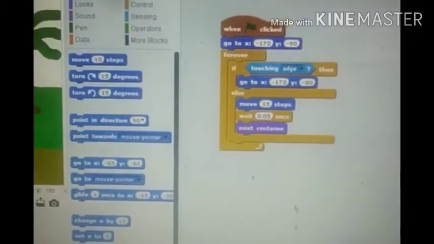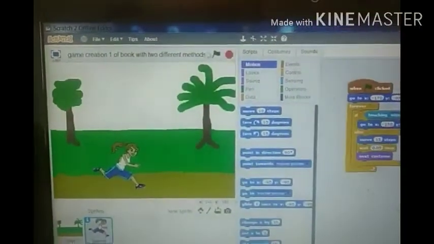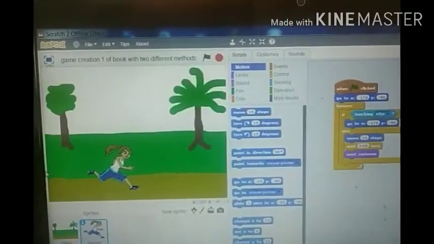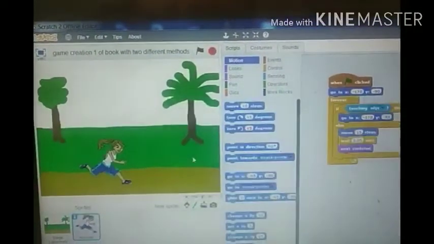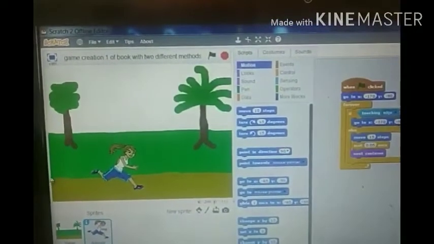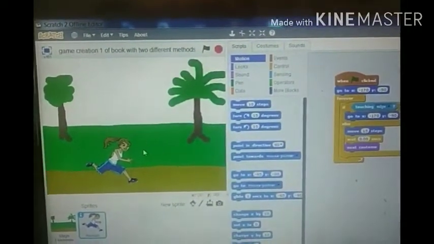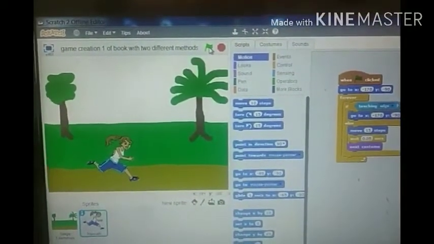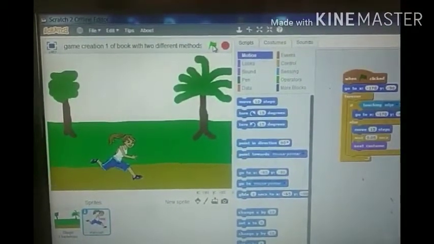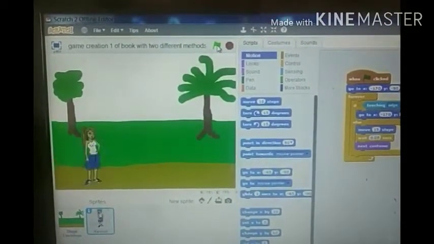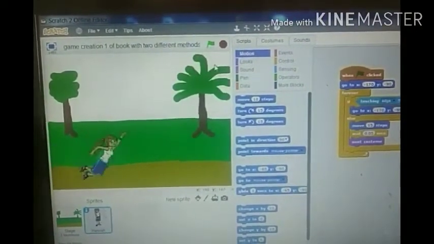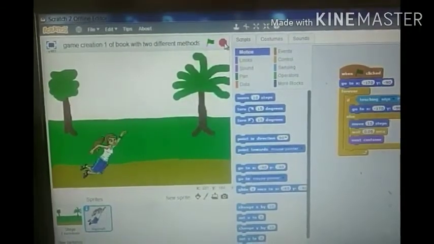In this way, if we run this block of code, when we click on the green flag, it will go running from the starting till the end. When it touches the end, it will again go to the starting and continue the loop. Only when we click on the stop button will it stop, because here the number of iterations or repetitions is not fixed. See, I am playing. First it has moved to the starting and then the ending, then again from the starting, and this will continue. This will be endless, so we click on stop.